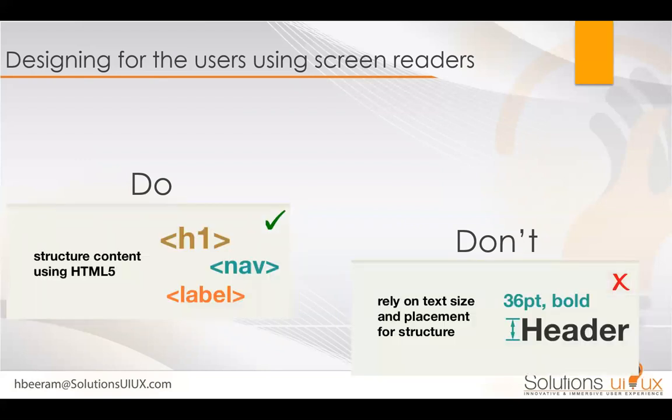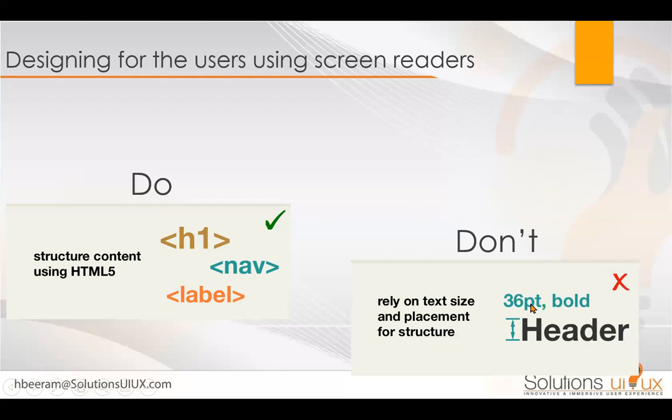And then having the header, navigation and the label. All of these header, navigation, labels are going to help with semantic use of HTML and the content structure. And this is going to help with the keyboard when they are navigating with the tabbing. They can just tab from H1 to navigation to label, and they just keep on tabbing, and they can just hear it. The easiest way to imagine working with a screen reader is to close your eyes and then tab, or just use Narrator. There's something built into Windows called Narrator. You can just experience how a screen reader person uses it, and there's Magnifier, which I've used and all this.